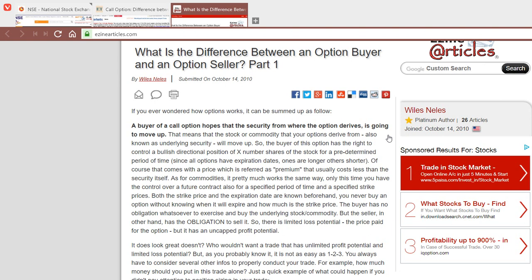So an option buyer can win in only one condition, when his view is right. On the other hand, an option seller's probability of winning is more. For example, it is the other way around. If your view is right, he wins, of course. The second thing, if it is a range bound market, that means if it is trading in a range, then also he has more probability of winning. The only time when he loses is when his view is wrong.